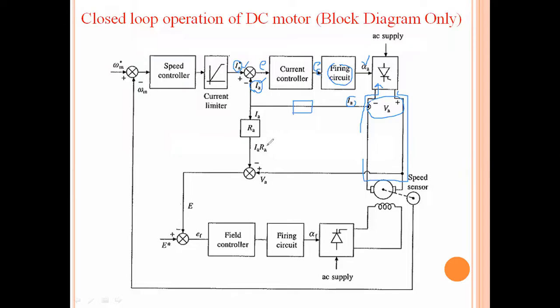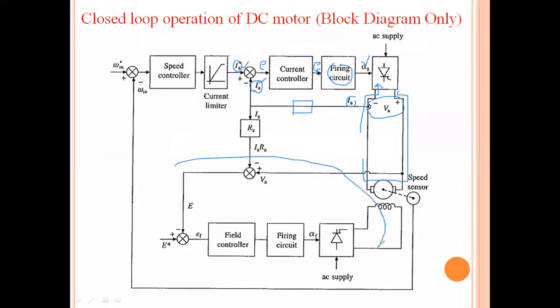Okay, so this closed loop always works to produce zero speed error or very near to zero error. Then only the motor will work very near to the set value. The speed control from 0 to the base speed is normally done at the maximum field by the armature. Above the base speed, it should be done by field weakening at the rated armature voltage.